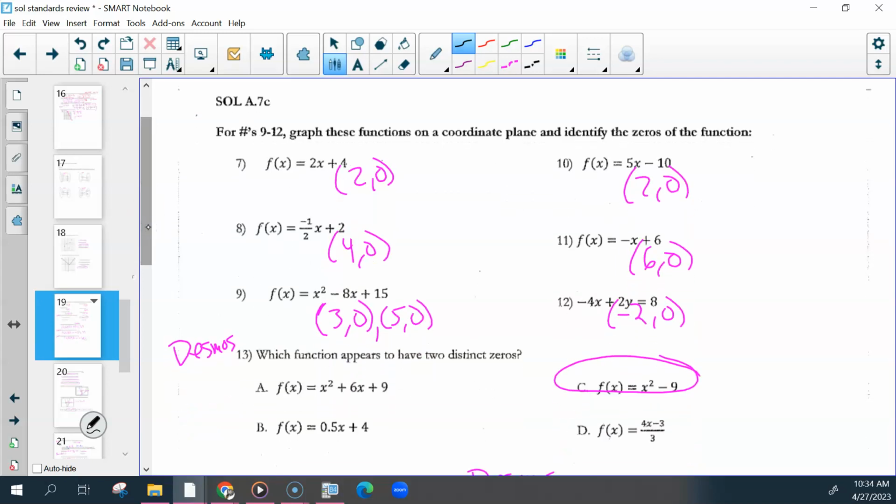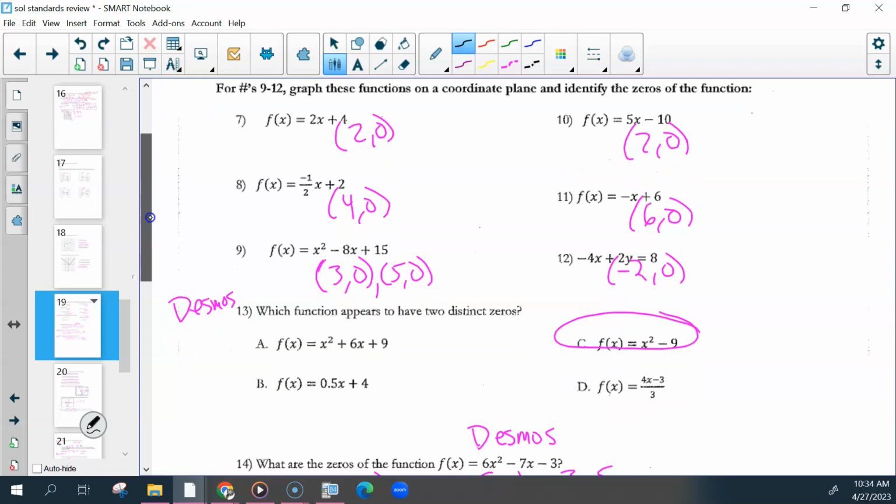C and D can be done in Desmos completely. So I'll give you all the answers, and then any we want to see in Desmos, we'll go back and look at those. If it's looking for zeros, those are your x-intercepts. So you can graph each of these and see which ones fall on the x-intercepts, and write those as ordered pairs. So 7 was (2, 0), 10 was also (2, 0), 8 was (4, 0), 11 was (6, 0),